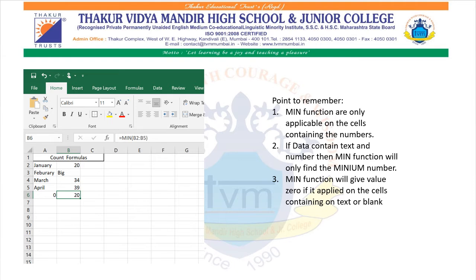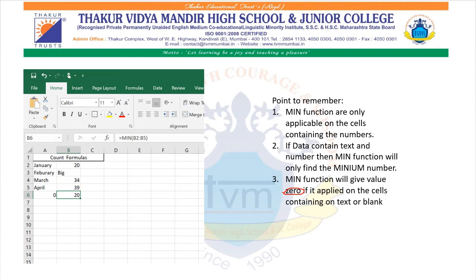Select the min option from the list and enter the range. That means we enter the start and the end point of the selected cells and then press the Enter key. Once you press the Enter key, you will see the answer displayed in the cell.